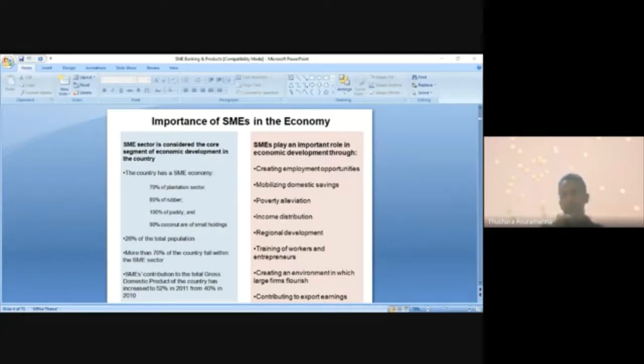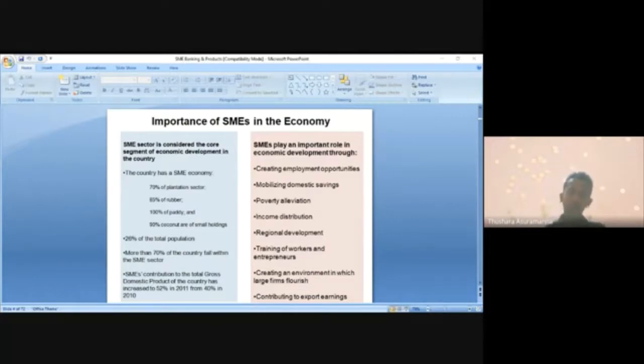Regional development, because there may be rural development and district level development. Since they are there, their activities will add value to the particular region, the rural economy, the local economy, and then development could come. Let's say paddy, sugar farming, the tea sector. There are so many players, not the corporates we are talking about, but tea small holders, farmers, agricultural growers. They add value and make some development within the area.